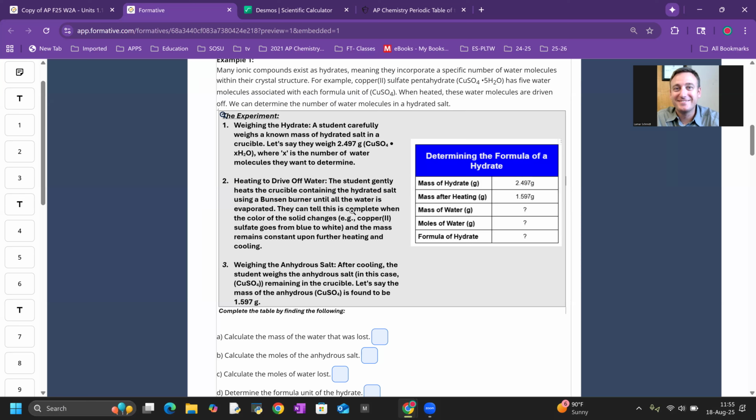Now, this may take several heatings. I simplified this table here, but you may have up to 3 or 4 heatings. And every time you heat, you're looking to see if there's a mass change. And so if you see the mass keeps going down with each subsequent heating, then you know that you've driven off a little more water and a little more water. Once you get to a point where the mass remains constant, then you know all of the water has likely